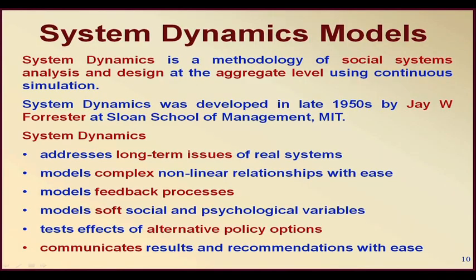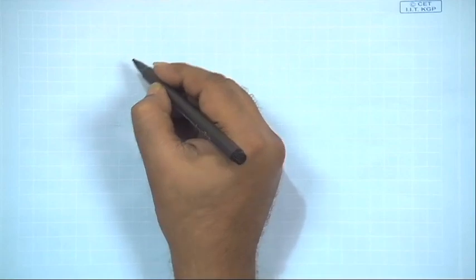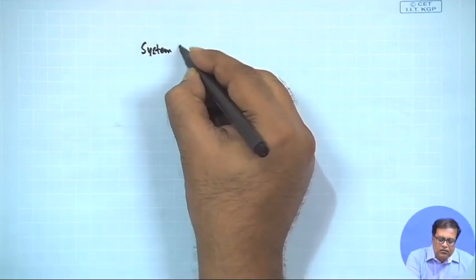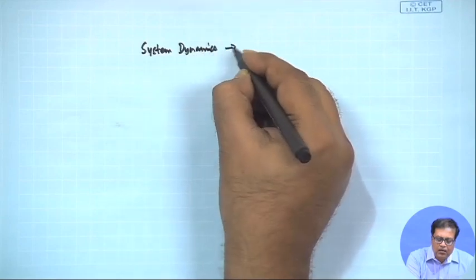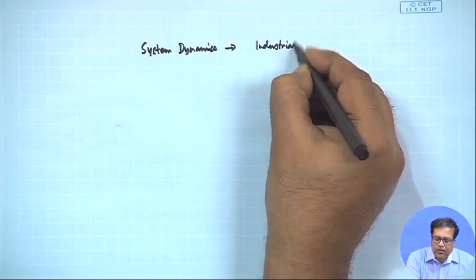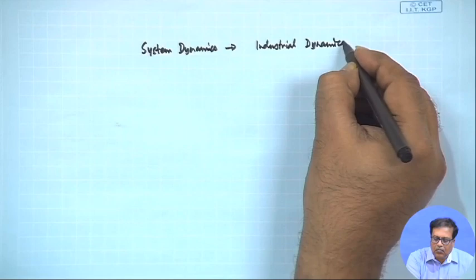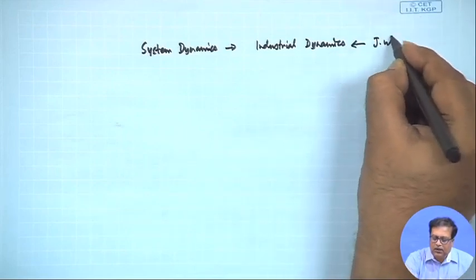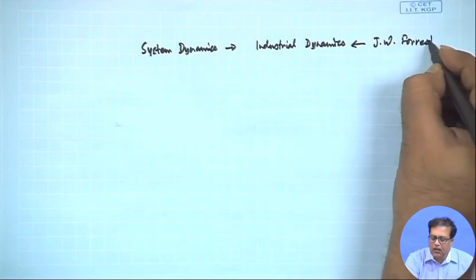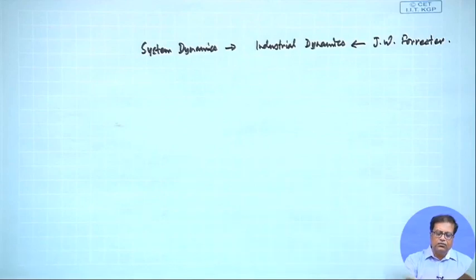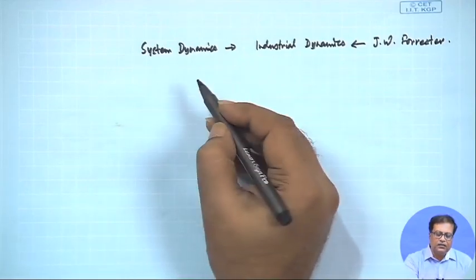So, our third one, that is we can look at the system dynamics model. You see the system dynamics model, we can discuss this in detail, and these are some models which were originated by J.W. Forrester in late 1950s and in the Sloan School of Management at MIT. So, system dynamics, originally this was known as industrial dynamics, and that was the name given by J.W. Forrester at MIT, right. So, that was how it originated,